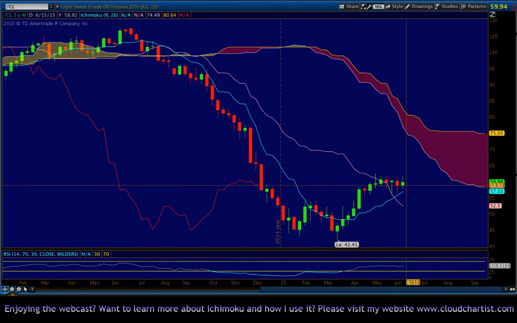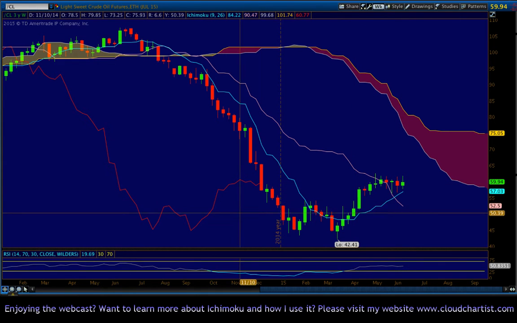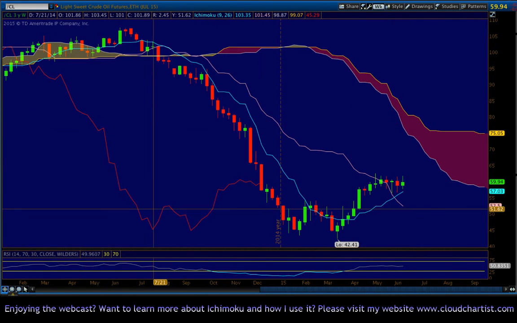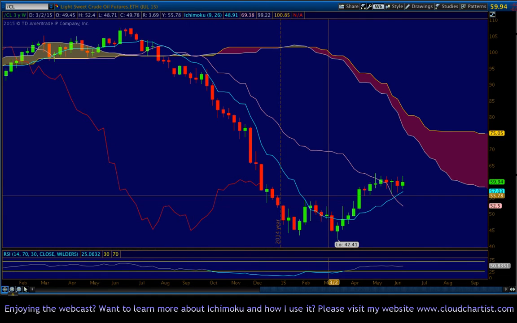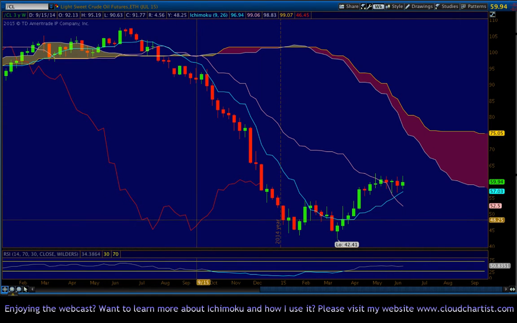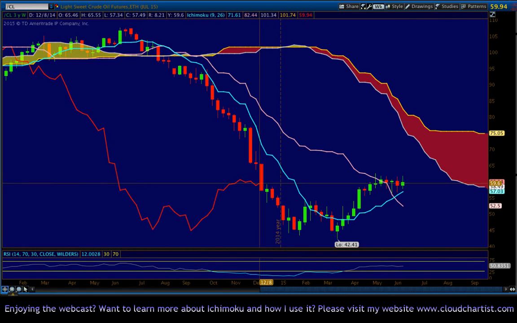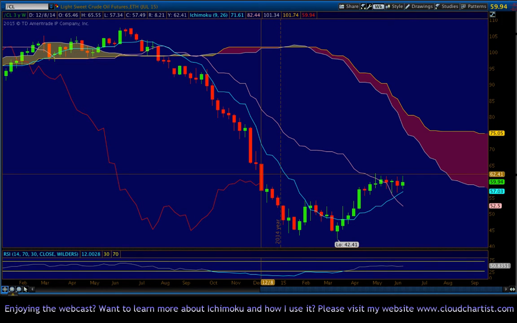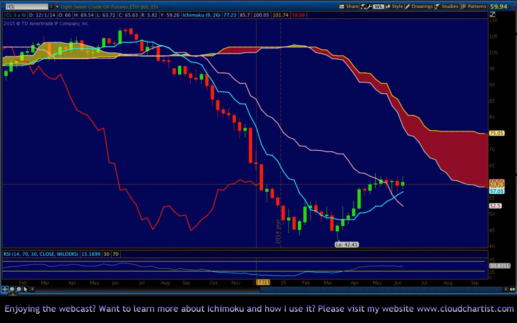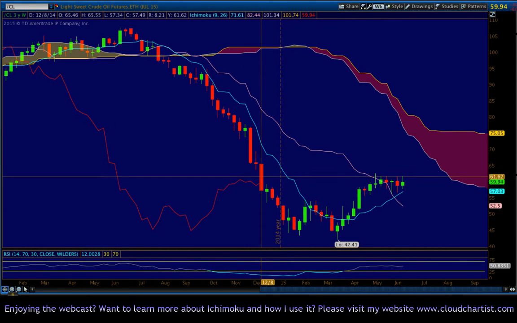Another thing that's worth pointing out is the Chikou span, this red line here. Chikou represents current price, so it's doing exactly what current price is doing, but it's time shifted 26 periods into the past. So in this case, 26 weeks. So it's banging into this big bearish candle that happened 26 weeks ago. When the Chikou bangs into a big candle and can't get over it, it tends to